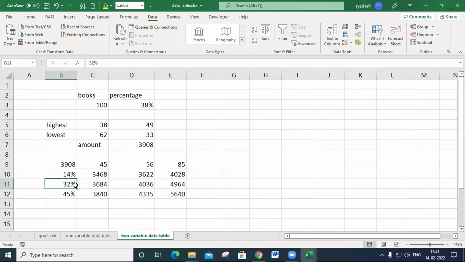If 32% of books are sold and the highest price is 56 rupees, then we get this answer. If 45% of the books are sold and the highest price is 85 rupees, then it will be calculated and we get this answer.